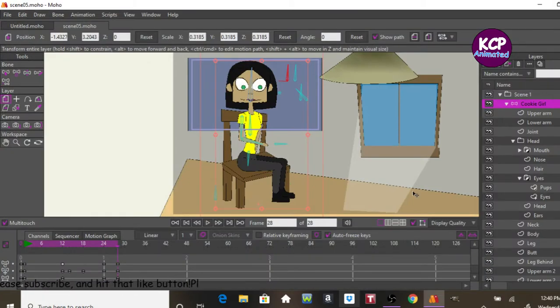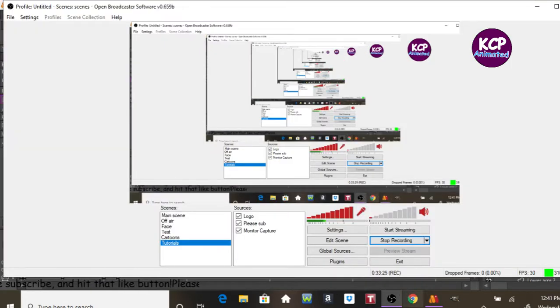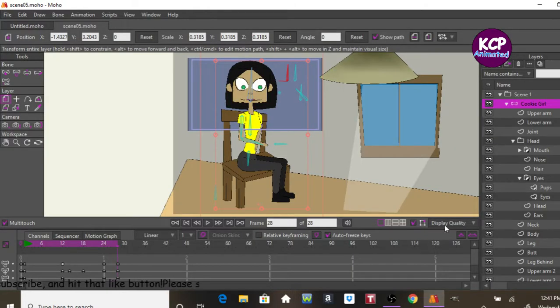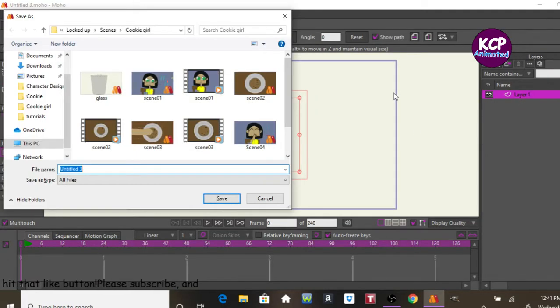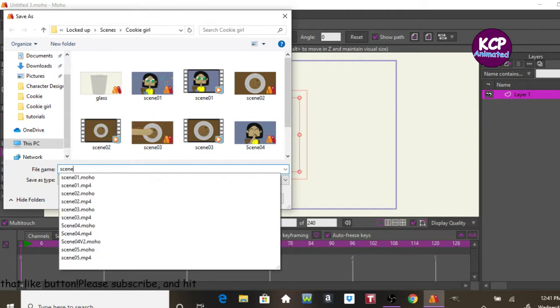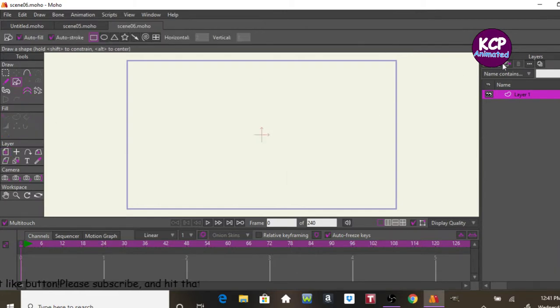Okay. So anyway, got to see the time. Okay. So I'm gonna stop this right now, because I have very little time to do this. So anyway, I'm gonna save this as scene 6. Then we can easily